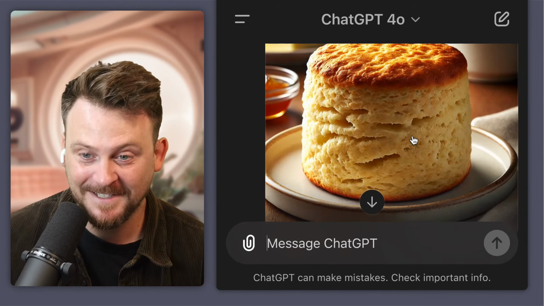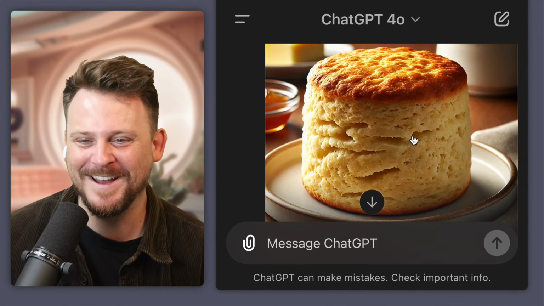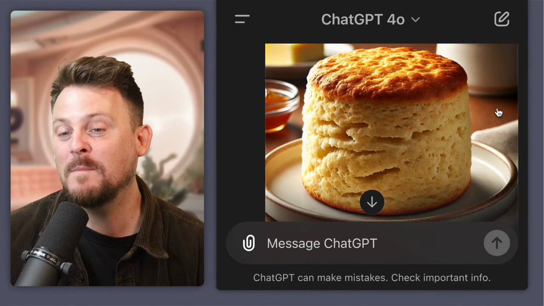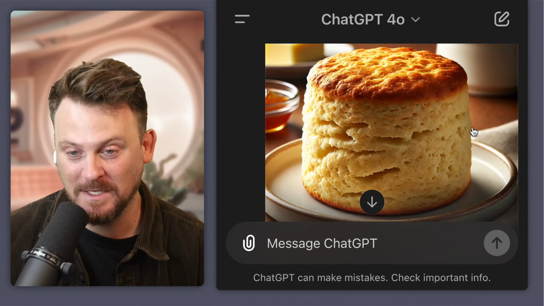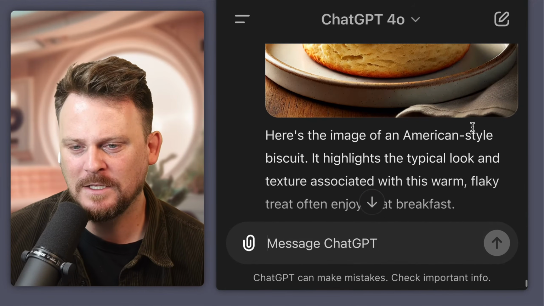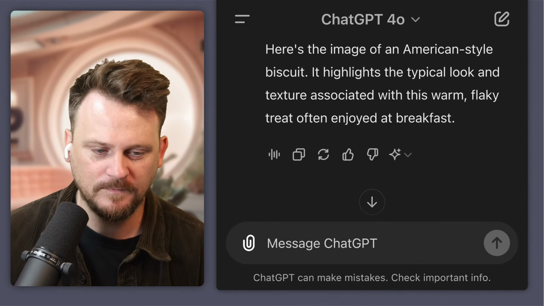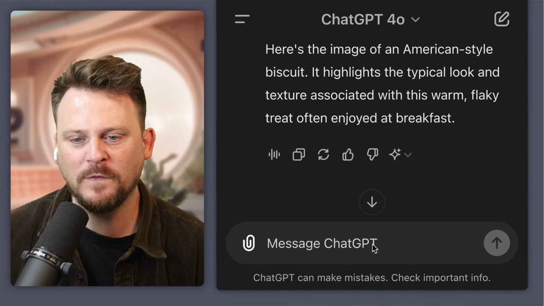Yes. Thank you, ChatGPT. That's a good one. That's pretty thick. Look how big that is. So this is more like bread. It's bread, basically. It's a big old piece of bread, and it's good. It's good if you're in the mood for it. If you're not in the mood, then let's do a few more.